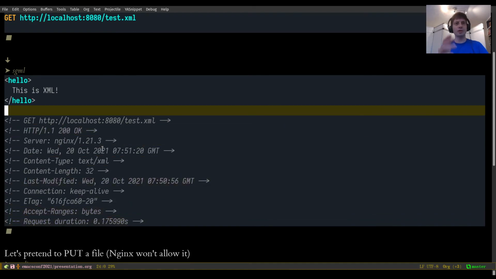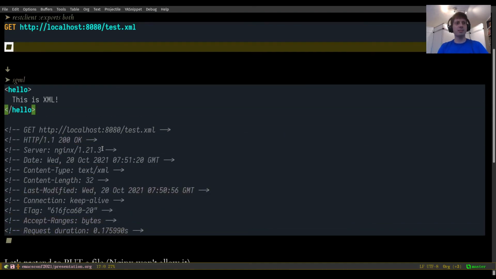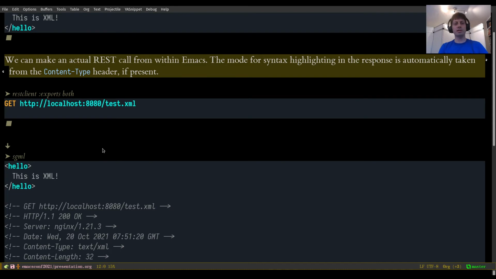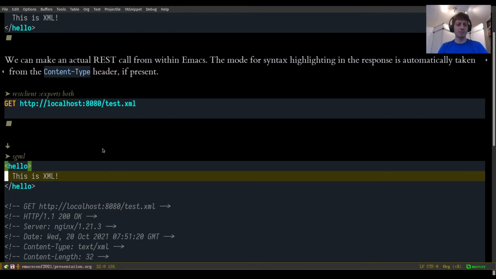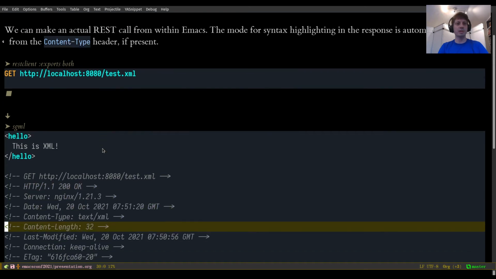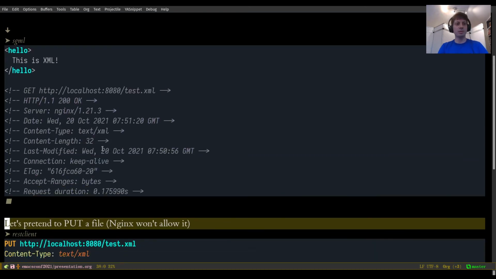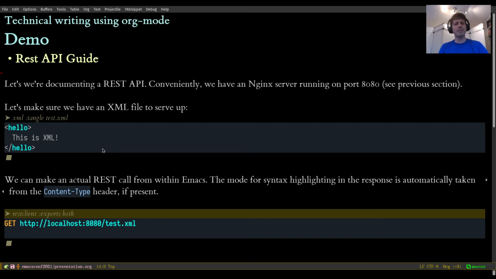But you can see we just served up that test XML file, and we can have some actual text here describing, hey, if you do this request, you might get a response like that, and the server will actually serve that up and insert it right into the org mode document. By the way, we're looking at this now inside Emacs, rendered somewhat interestingly, but obviously you can export this to a PDF or HTML or in all sorts of nice and different ways as well, depending on what your particular needs are.